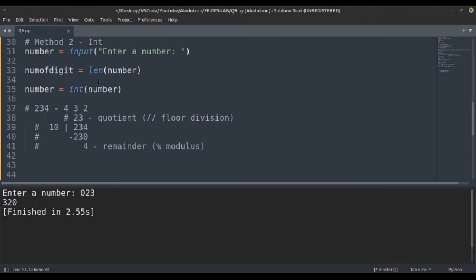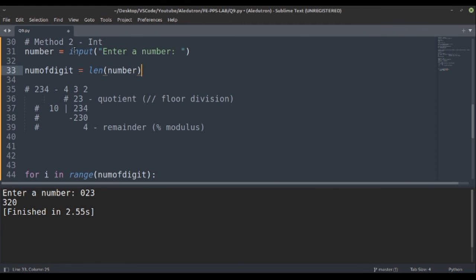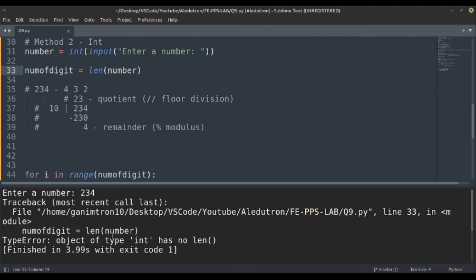Why? Because it is taking the length of the number. So first, instead of doing this afterwards, we have to convert this number into an integer. So the length of num should give us an array, I think so. Let's try it out. Yeah, it is giving an error: int has no length.